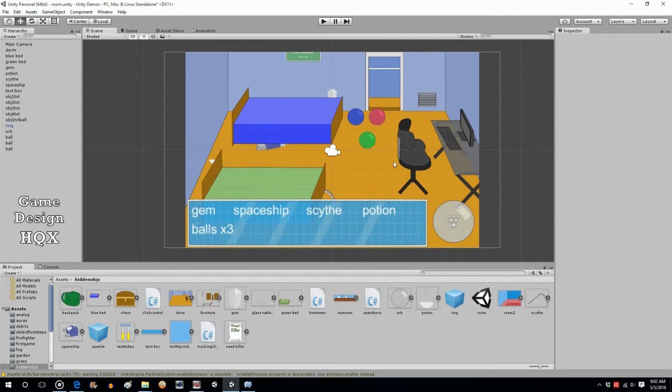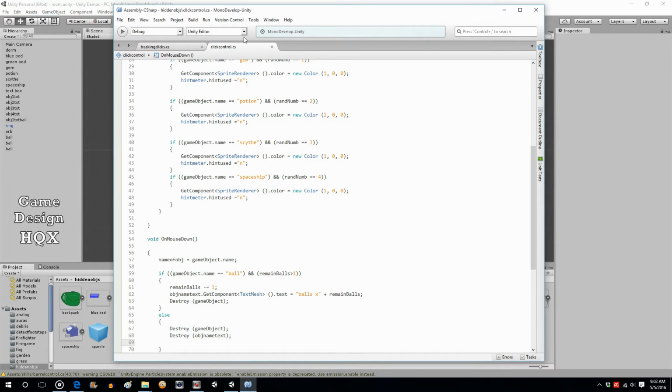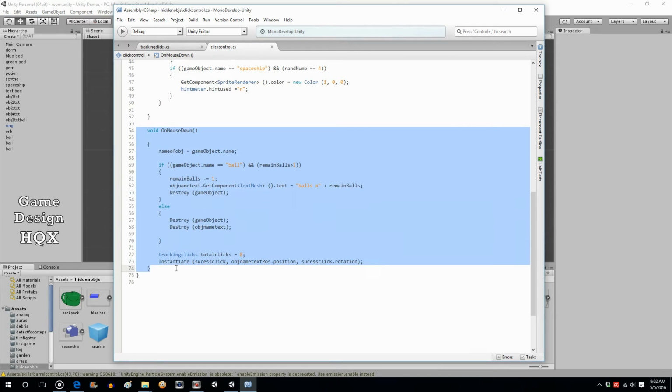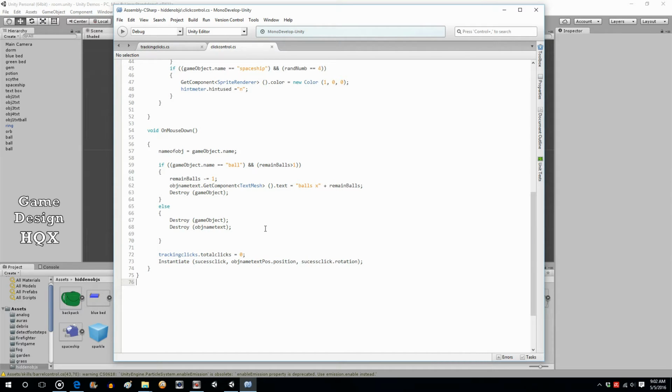One, we're not tracking how many objects remain. So we're going to have to do that. And two, we're going to have to track time. So let's go to our click control script, and the reason for that is because we're already tracking in the on mouse down section if an object has been clicked on. So it's easy enough just to modify that so that it reduces the variable that's going to track how many